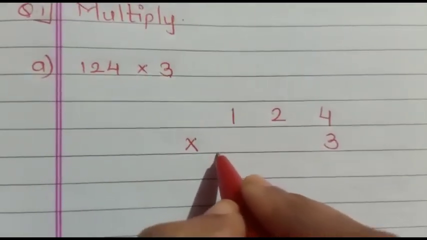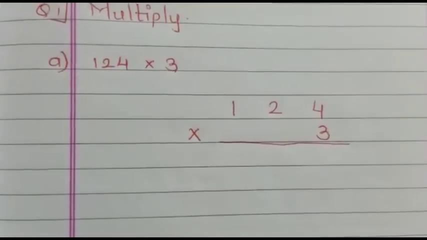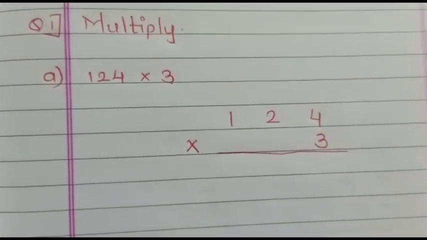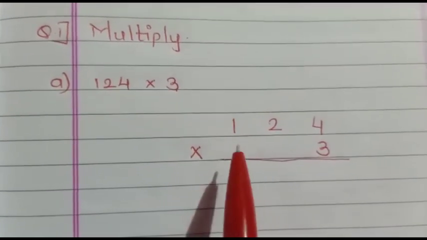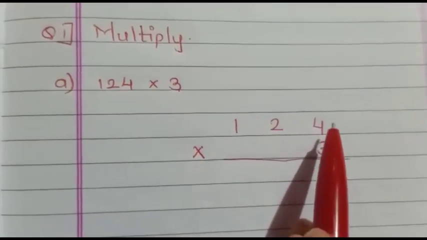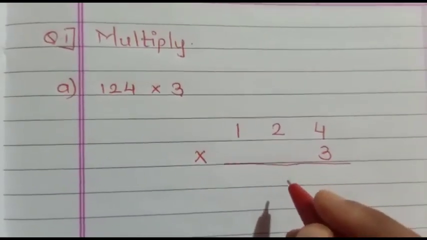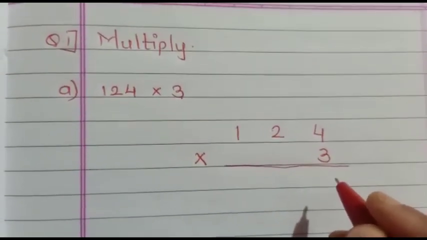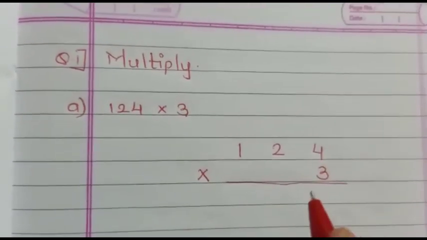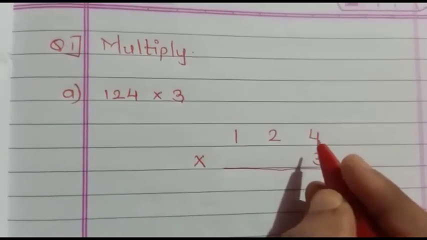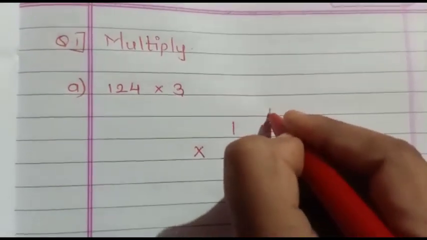Now let us solve it. For solving multiplication, students, you should be aware of the tables. You should learn the tables. So we have written 3 at the units place. Now let us do the multiplication. 3 4s are 12. You will not write 12 here. As you carry the numbers in addition, in a similar way you have to carry the numbers. So 3 4s are 12, so 2 you will write and 1 you will carry.